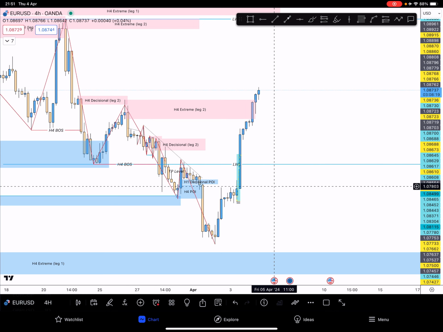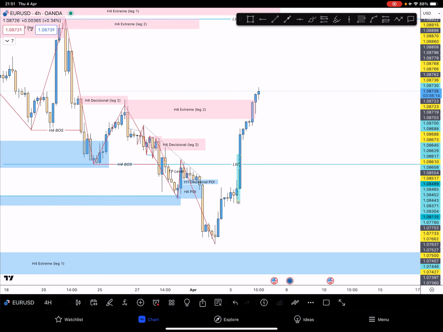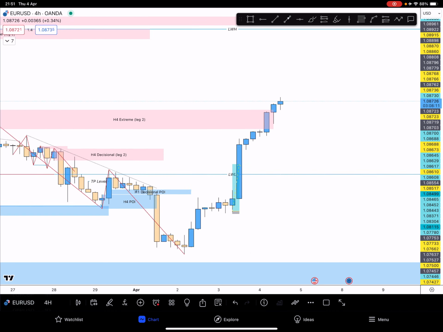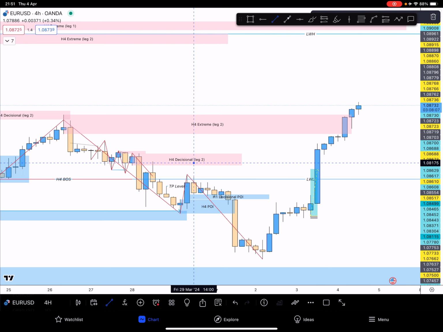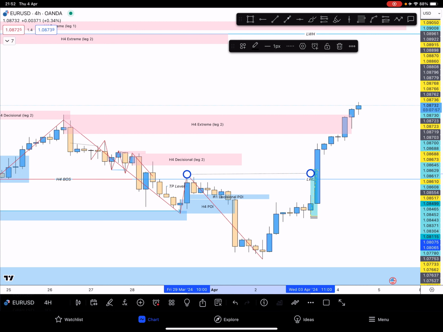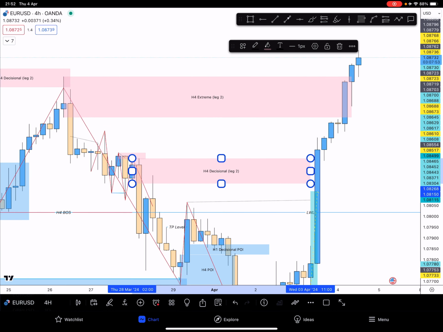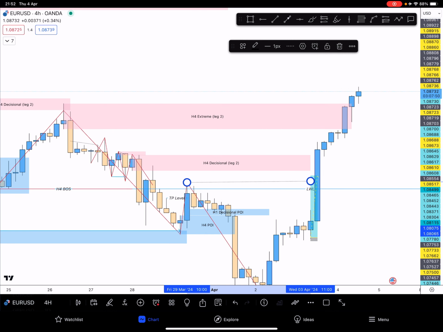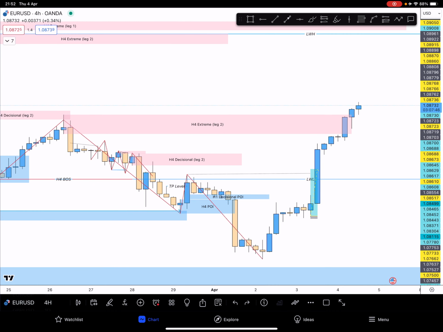So you might ask yourself, oh, Victor, why did you not hold it until here then? Well, it's because I didn't see this. Let me bring it back. I didn't see all of this liquidity. Sometimes it depends on how you're looking, because what I did was I looked at this one. This was like a previous day high. I was like, okay, we're definitely taking this into somewhere in here. And then once we got here, I just closed the trade, because it was just 10% that was running. So that was the play of this week.